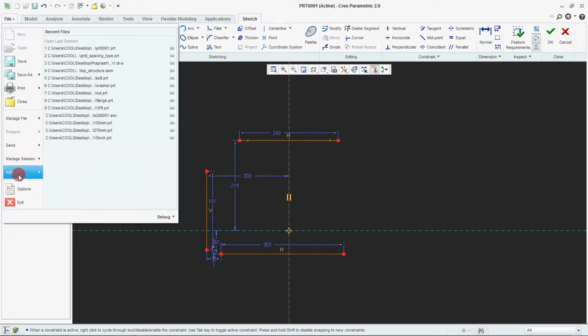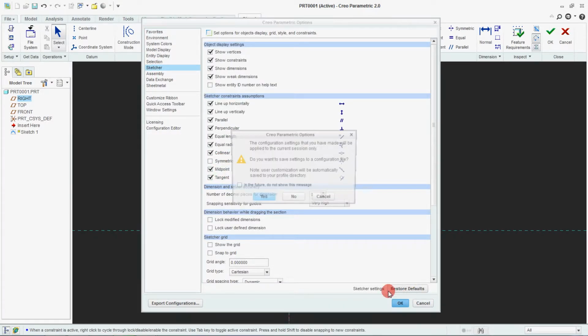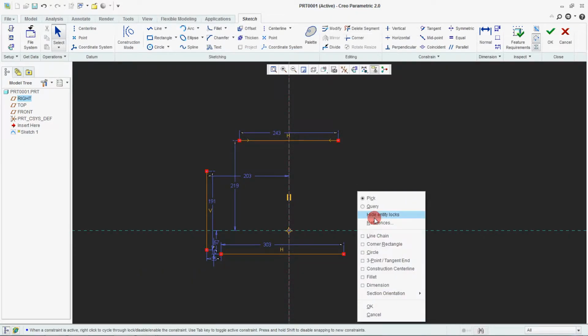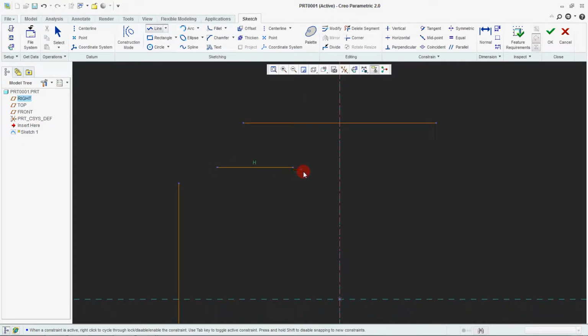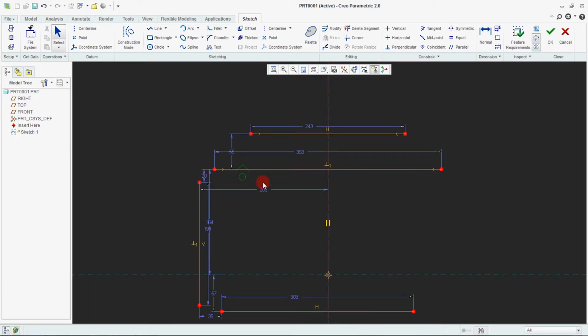But if I remove this symmetric option from here, then I will start again the same way. It will show me horizontal, it will show me equal length, same again length, but it will not show me symmetry. So I cannot identify when this will get symmetry. For that I have to go back and apply a symmetry constraint, selecting, selecting, and selecting. Now we will make it a symmetry constraint.